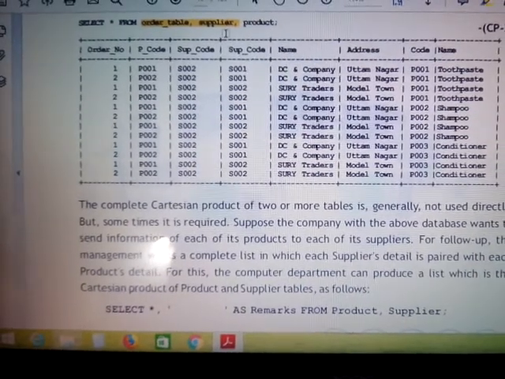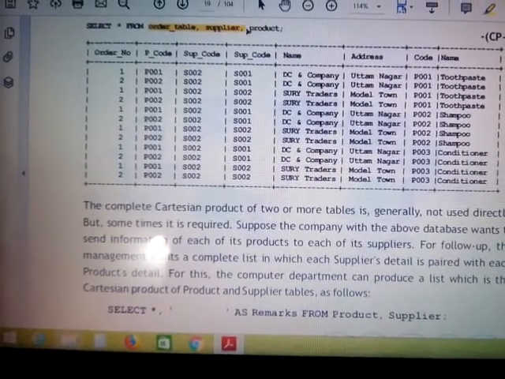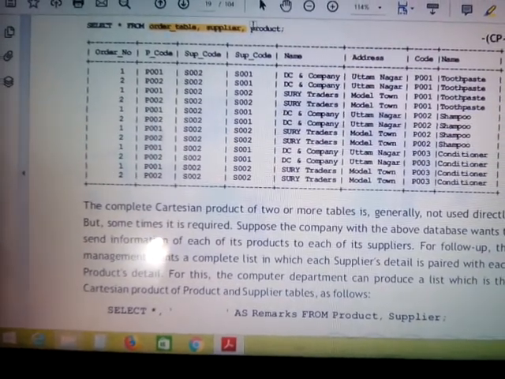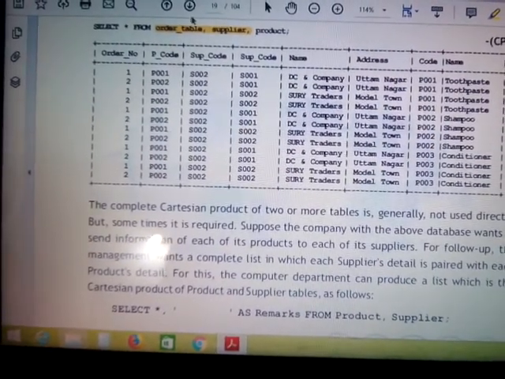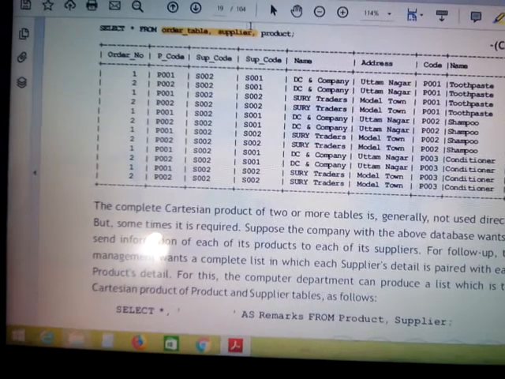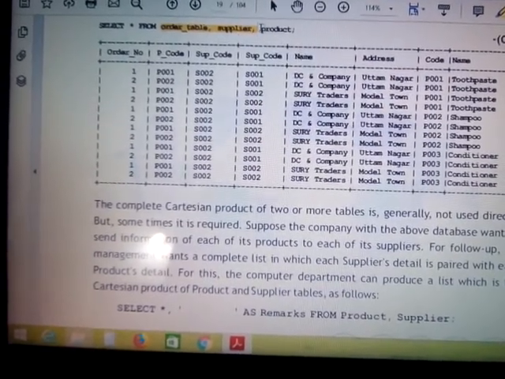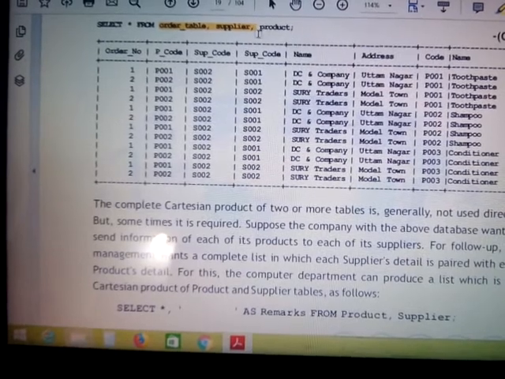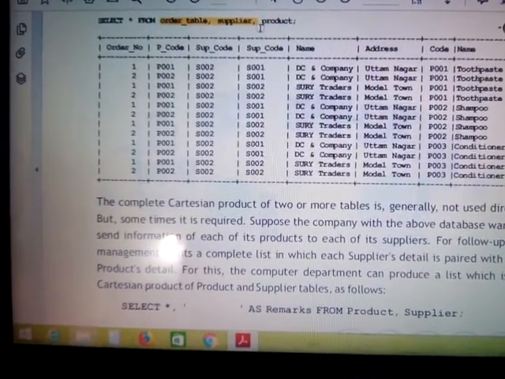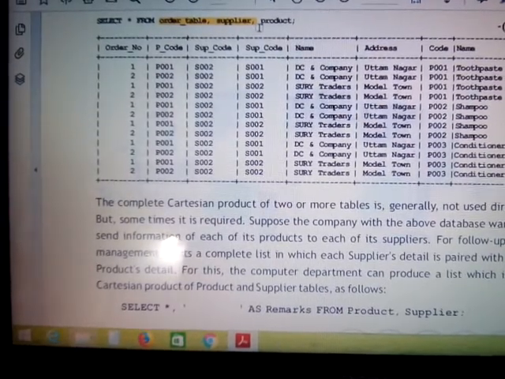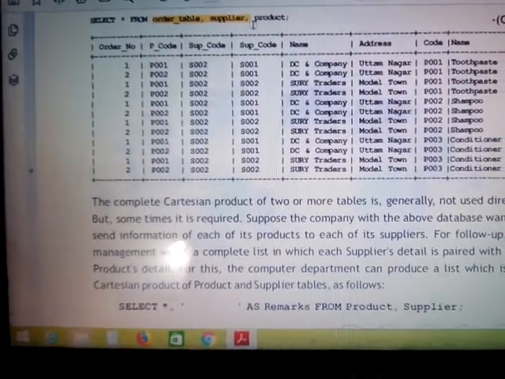Now your work is not done here. Now you can find the product table is also mentioned. Just imagine on the product table you have 3 columns and then 2 rows. So those 3 columns will be added to the earlier 5 columns.